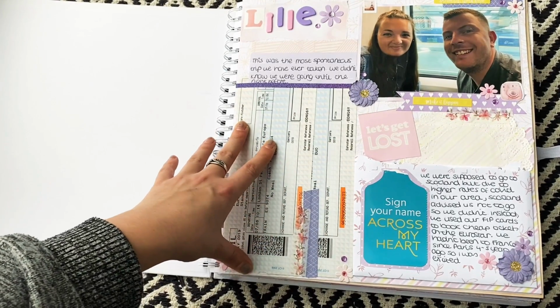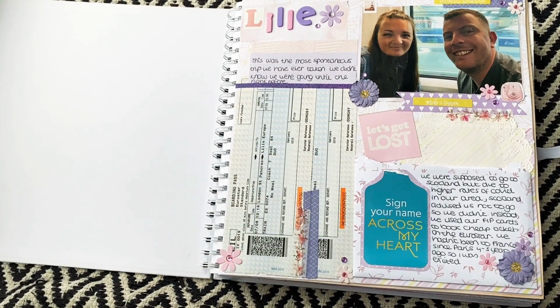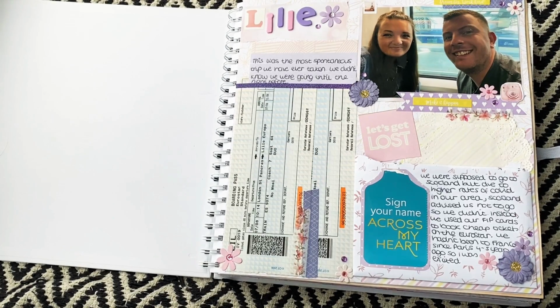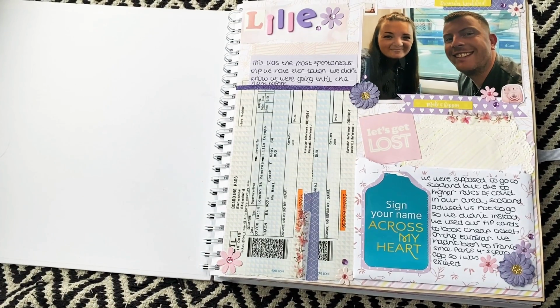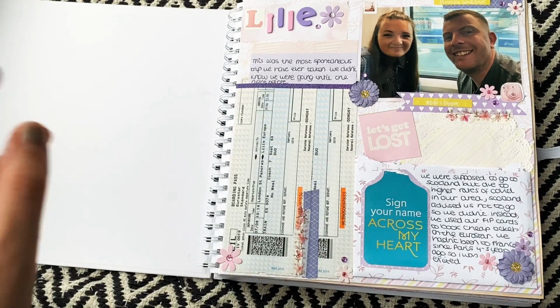And then I just used really nice pastel colours from a paper pad that I've had for years, from Poundland, which is like a sweet treat 6x6 paper pad, and it just has some really cute patterns in it. And I also used some odd bits and pieces because I did actually run out of paper from that paper pad, so I had to use other ones from my stash as well, but it's always good to use up